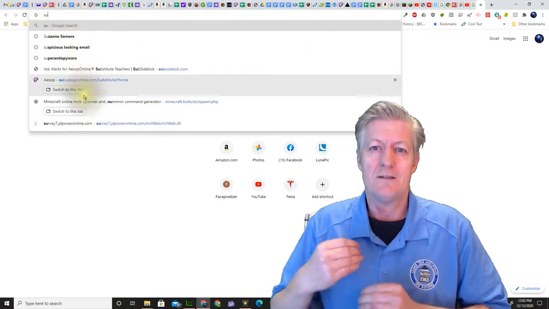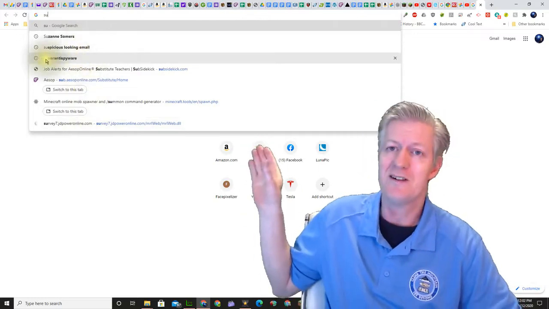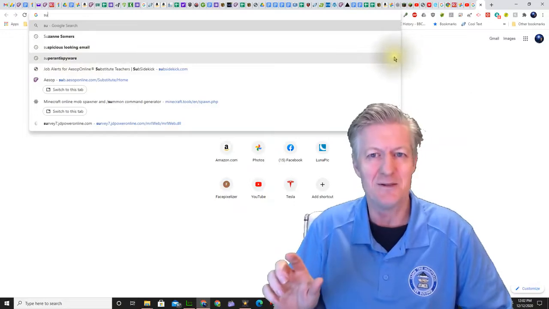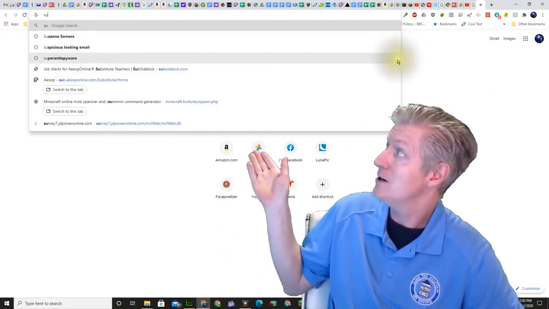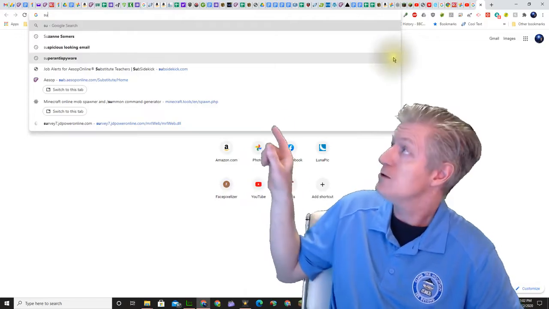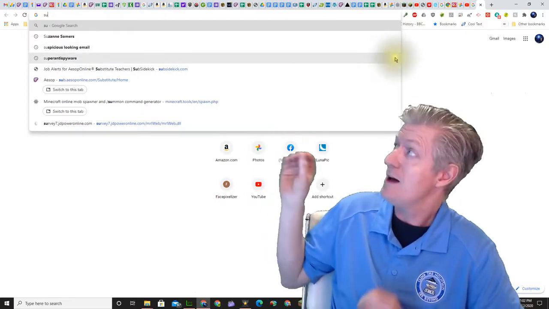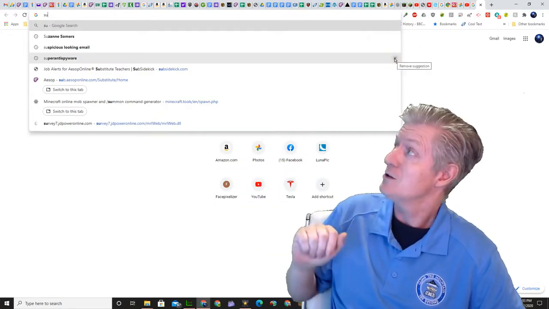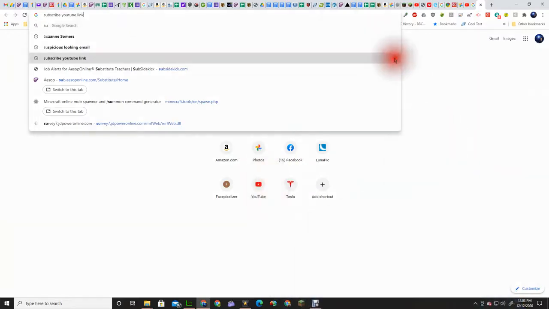Here's something else I thought I'd add. The other day someone asked me how to remove those URL suggestions that appear below the URL box as you're typing in a new address. Well, it's really easy. When you see the suggestions, as you see I'm typing up here, just take your mouse and click on the little X next to the suggestion, and that suggestion is gone, and you won't see it any longer. So it's really easy to remove those URL suggestions by clicking on the X.